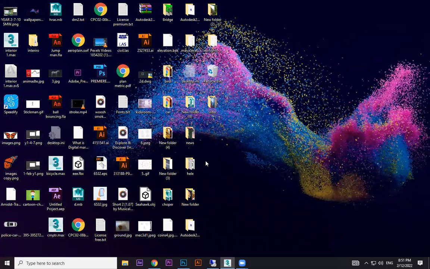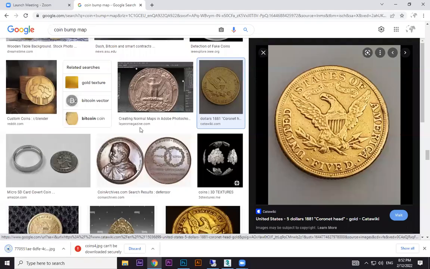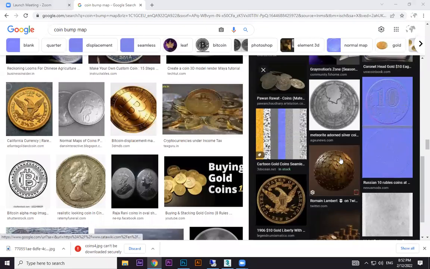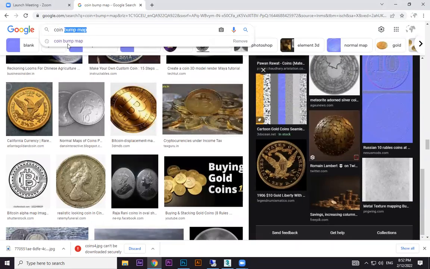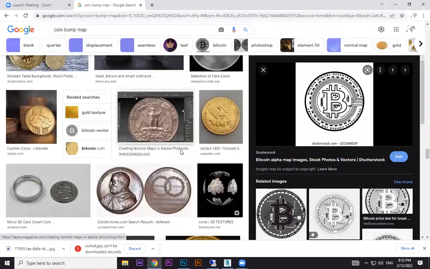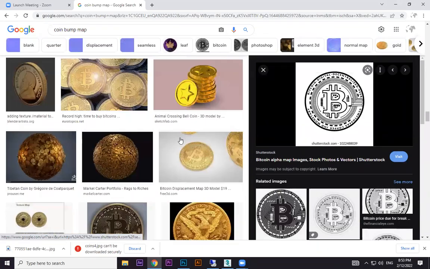I've downloaded one image now. I just tried to download something similar, any one coin. For bump mapping, when you say bump mapping, it should be black and white, something like that. This kind of image you download. See, what is my point? If I want to make something like this,